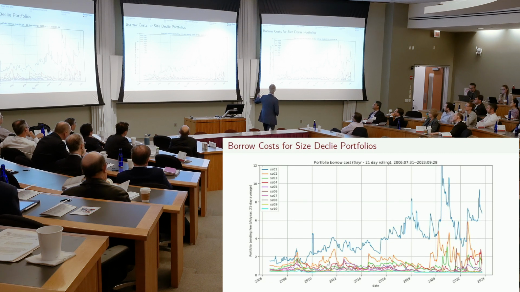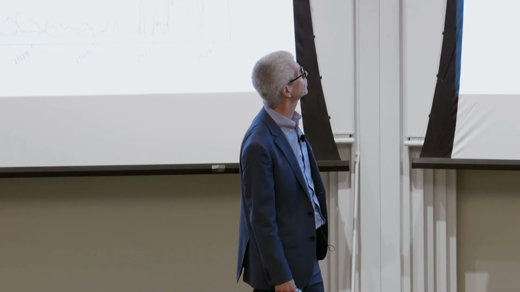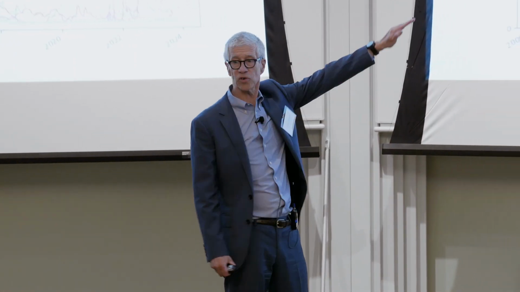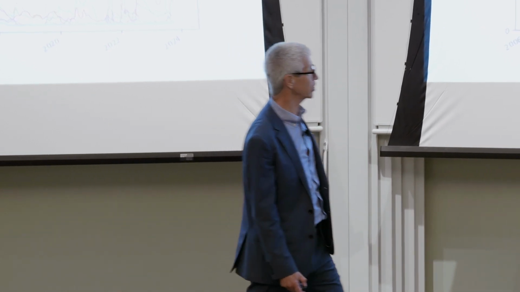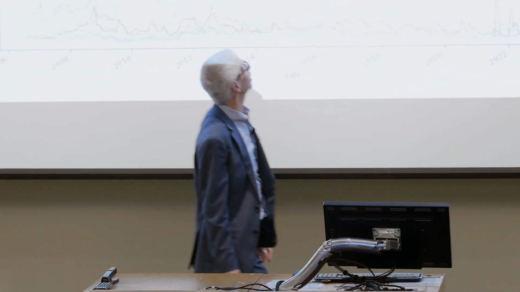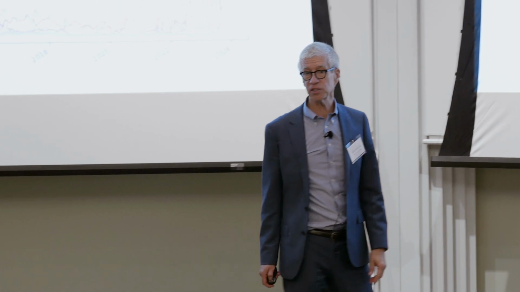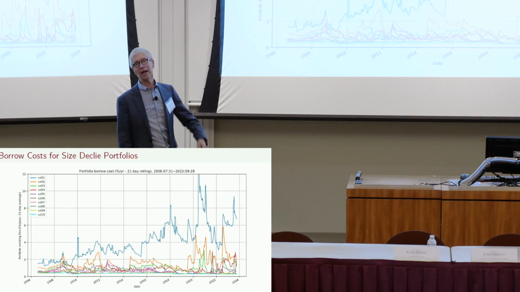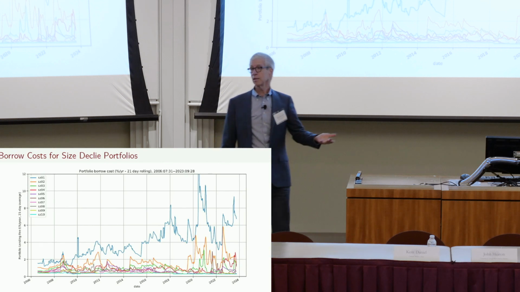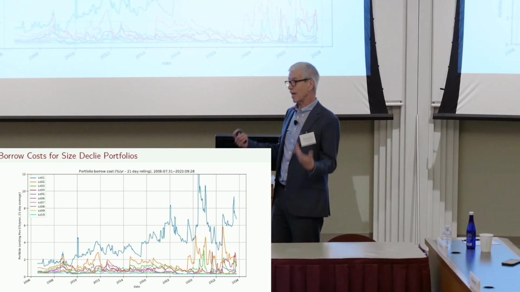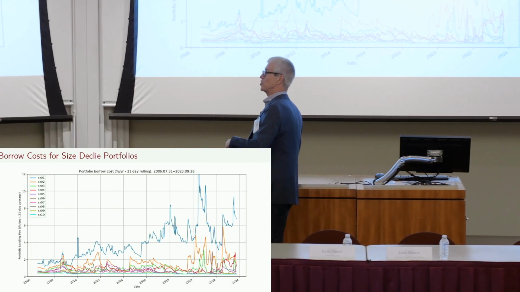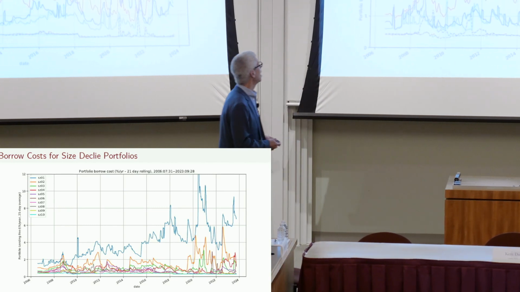You can see we've had this striking phenomenon since the data became available in 2006. For very, very small firms, the borrow costs have gone up in a really dramatic way. In fact, there are periods right at the start of the pandemic where average borrow costs for small decile firms are above 12% a year. If you're holding these small cap firms, it's actually an advantage. If you're an institution, you can lend these out and capture the borrow costs. But if you want to go short, you have to pay that borrow cost to hold these.